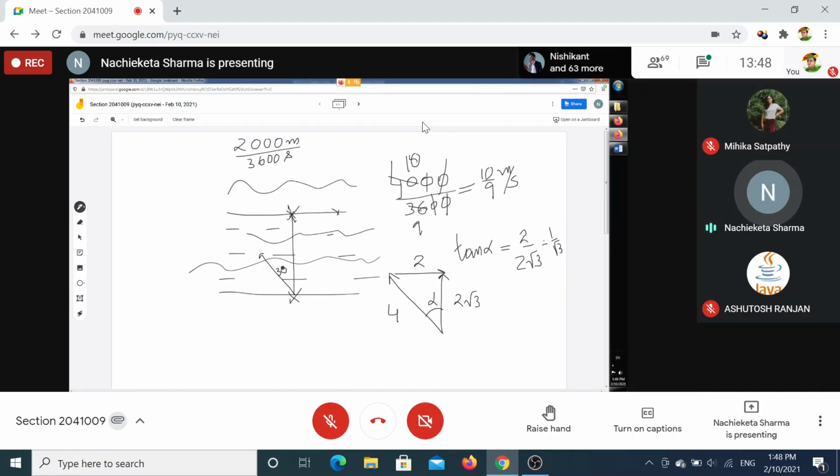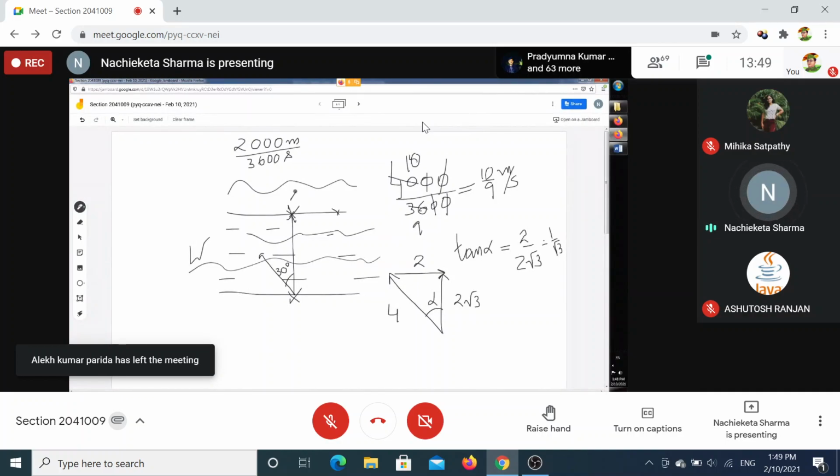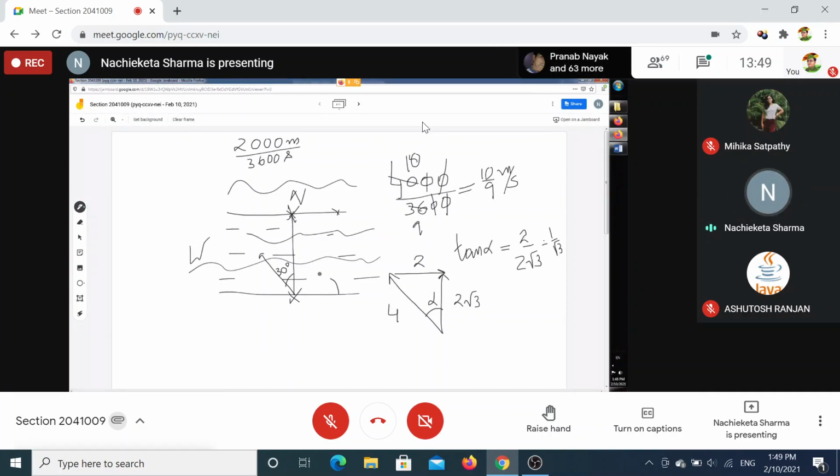So the swimmer has to swim with a speed of 4 kilometer per hour, making an angle 30 degree north west of north, because this side is west and this side is north. So west of north, or this is 120 degree with the x-axis or the horizontal, because this is 90 degree and then 30 degree. So 120. Either 30 degree west of north with a speed of 4 kilometer per hour, he has to swim, so that after a certain time he will hit just the opposite point from which he started, from this bank.